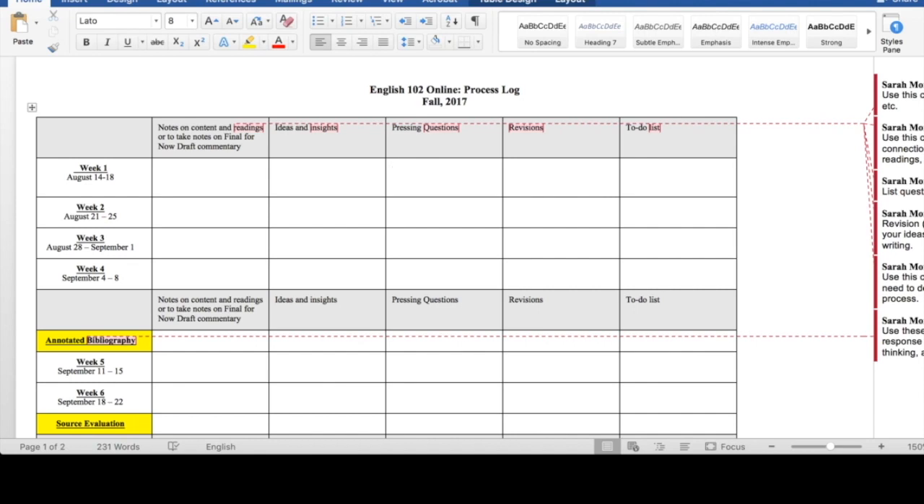There might be questions that I have for my instructor, or they might be questions that I have for myself about what my plans are for next steps for my writing. This revisions box can be any change in your thinking. So it can be a change in your thinking based on something that you read, but it can also be